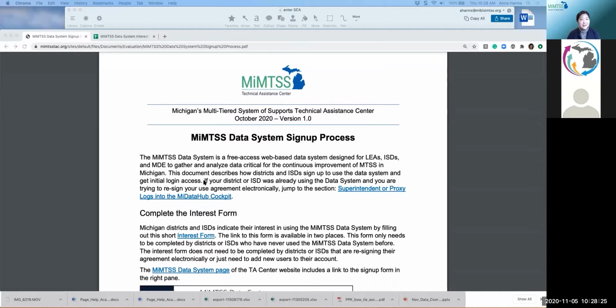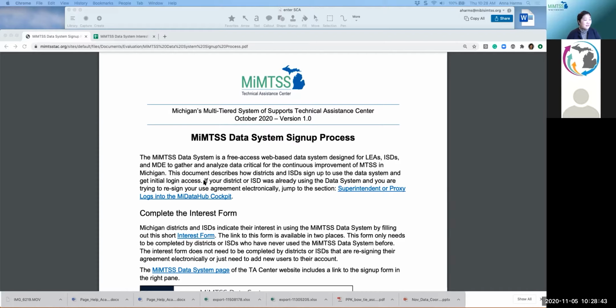It keeps getting better, and we're trying to open up and make information about the data system more available to users across the state. But we do have over 200 districts and ISDs in the state who had already signed up to use the data system.